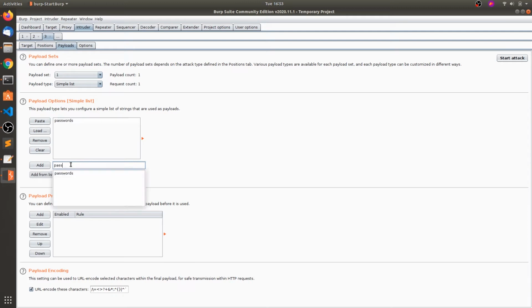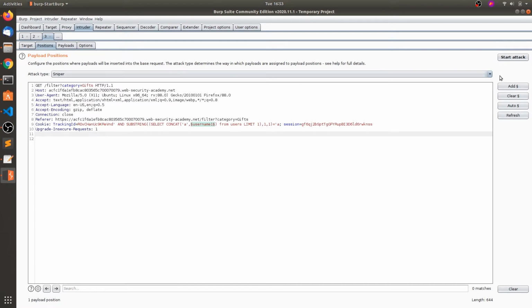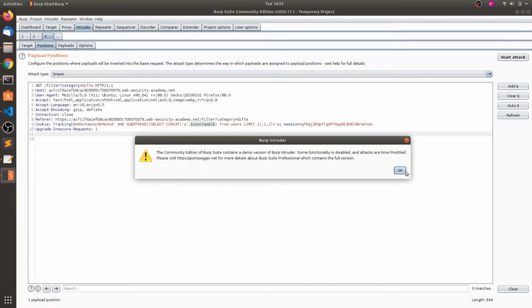Passwords, password, ID, capital P passwords, and ID can be capital ID. So what can you guess? I think that's enough for this small table users. Now click on start attack.